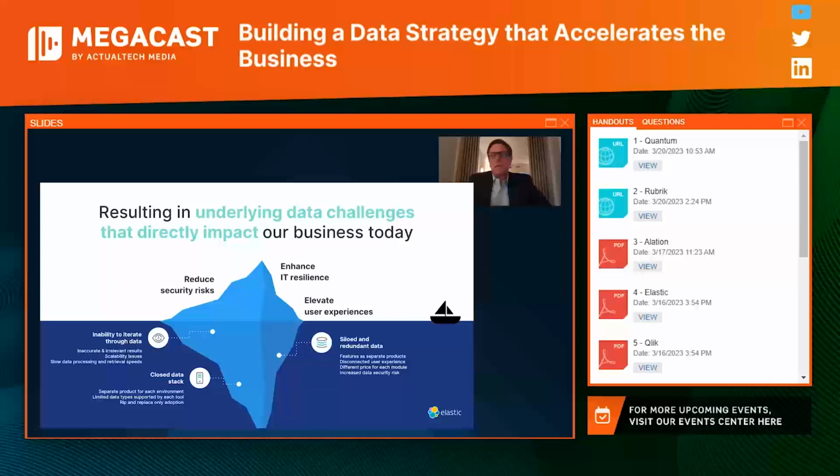I would tell you that there are lots of conversations I have with folks, and there are 3 questions I usually ask, right? Do you have a data plan, and is it successful? And everybody is usually very confident when they answer that. And that's because they've done the things that are above the waterline on this slide, which is, we are able to reduce our security risks with the data structures that we built. We're able to enhance our resilience. We're able to create experiences for our customers. We're able to give information to our fellow employees. And so everybody feels really good when I ask that question and they say, yeah, we've got a data program